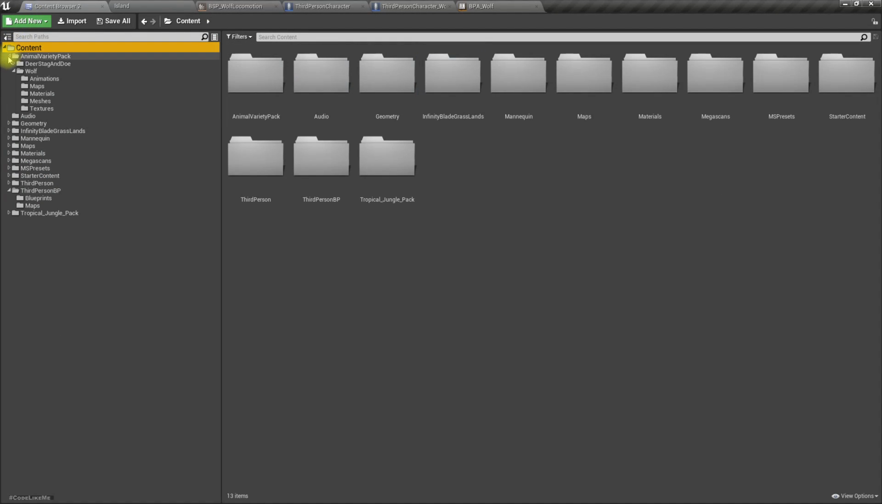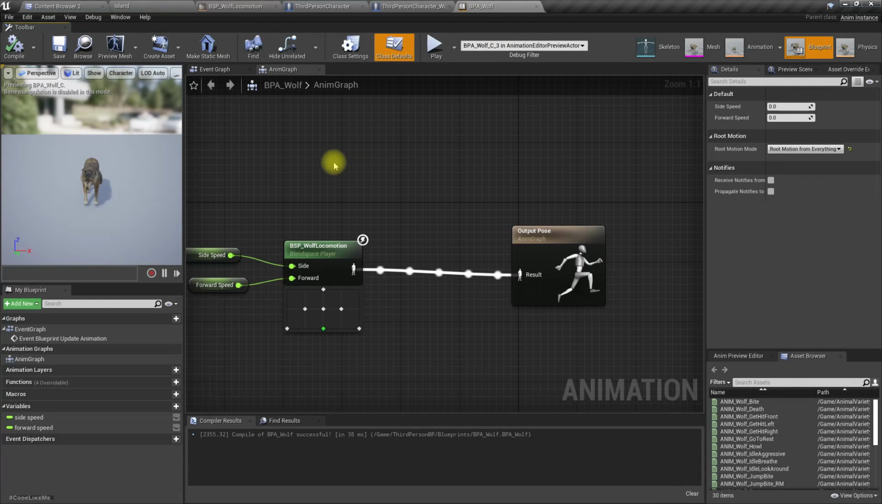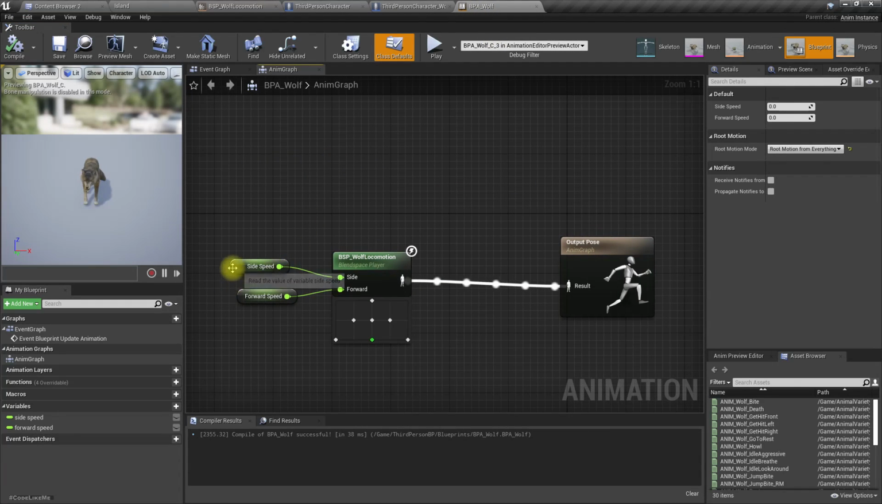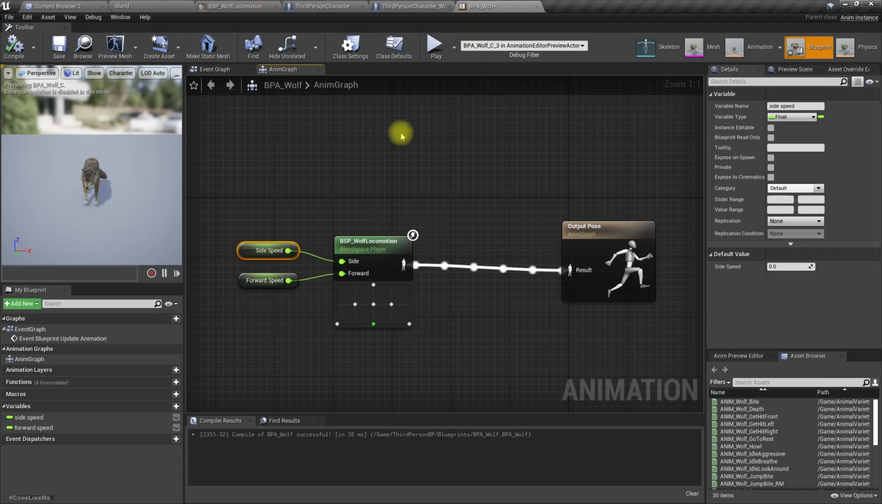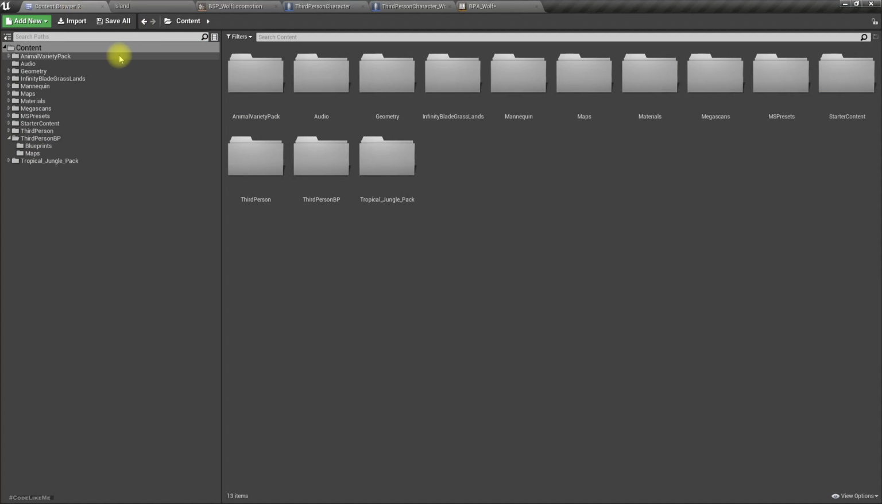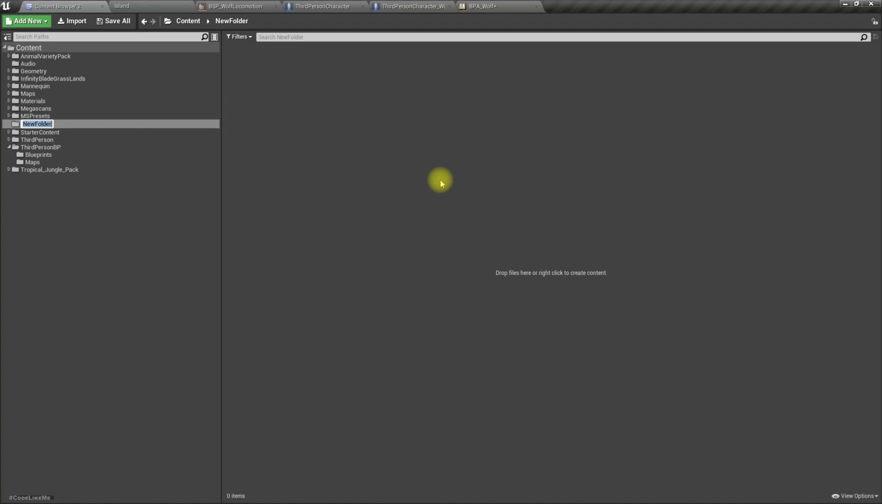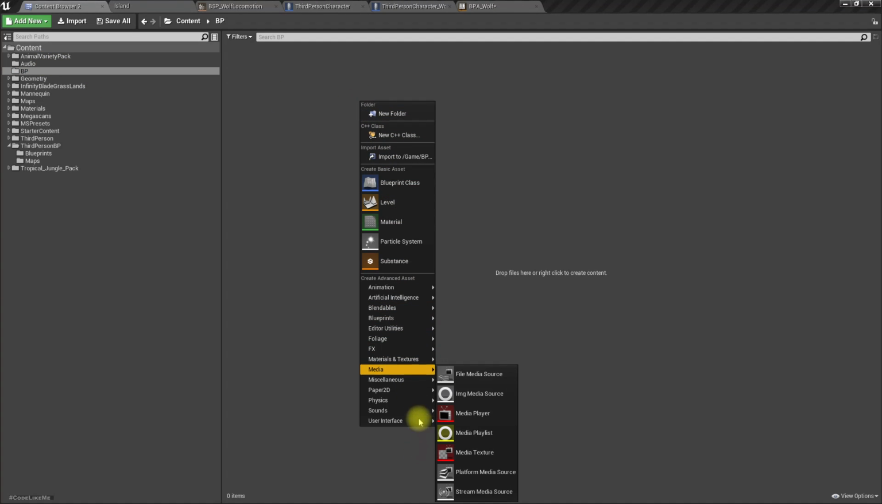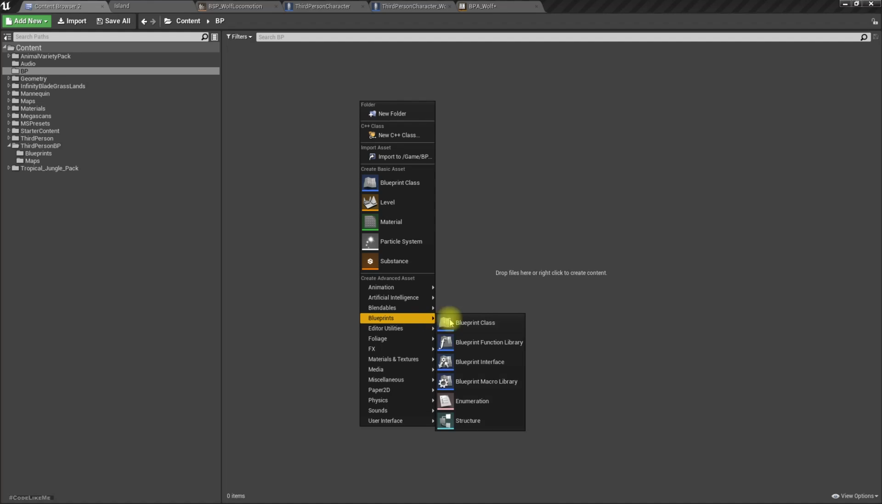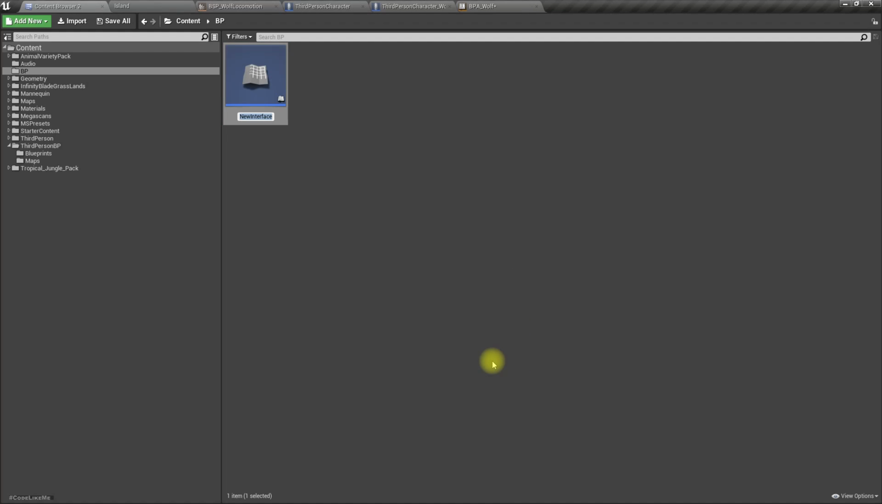I'm gonna define a way to get the desired movement of the character into the animation blueprint. So let's define a new blueprint interface in the BP folder. I just created blueprints BPI character movement,